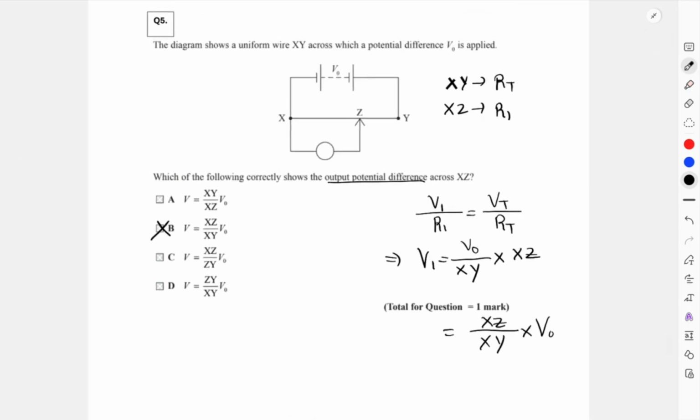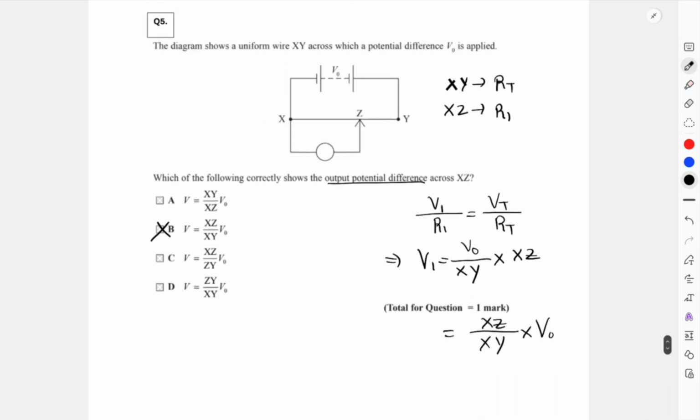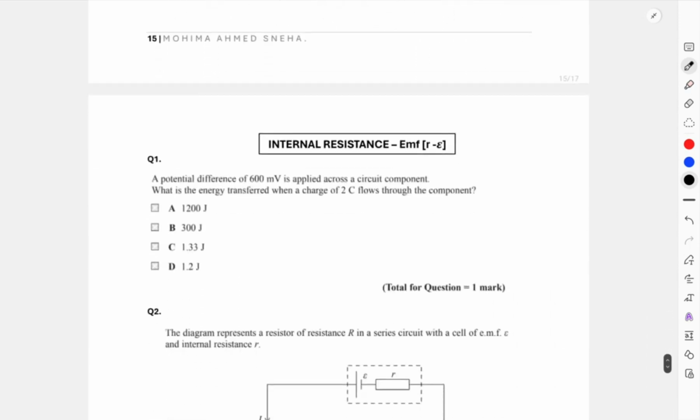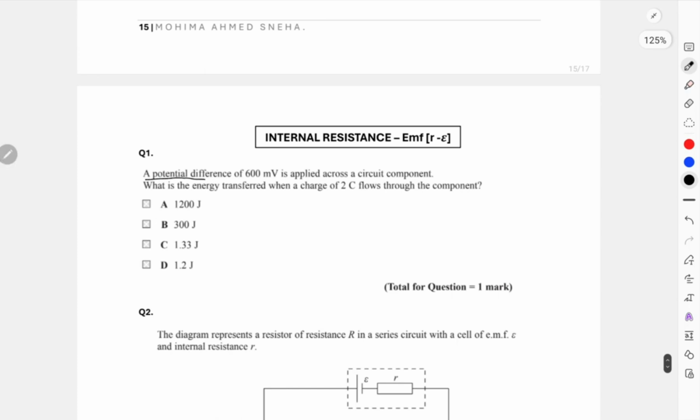Okay, then this is it for potential difference calculations of MCQs. Now we're going to move on to internal resistance and EMF. It says that a potential difference of 6 millivolt is applied across a circuit component, what is the energy transferred when a charge of 2 coulomb flows through the component? We have the voltage, we have the charge, we just have to find the energy, right? E is equal to VQ,